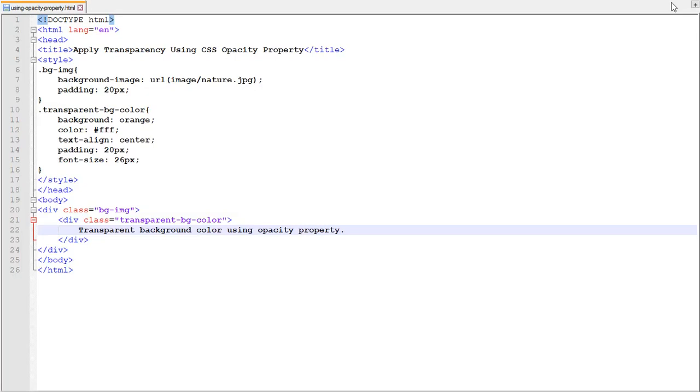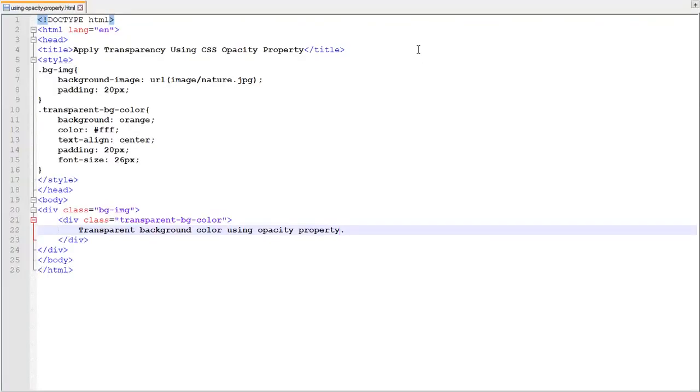a text with background color with no transparency. This is the code, and when you check it on the browser, you will get no transparency. Now, to make the background color transparent, you need to just add the CSS opacity property with its value 0.6.